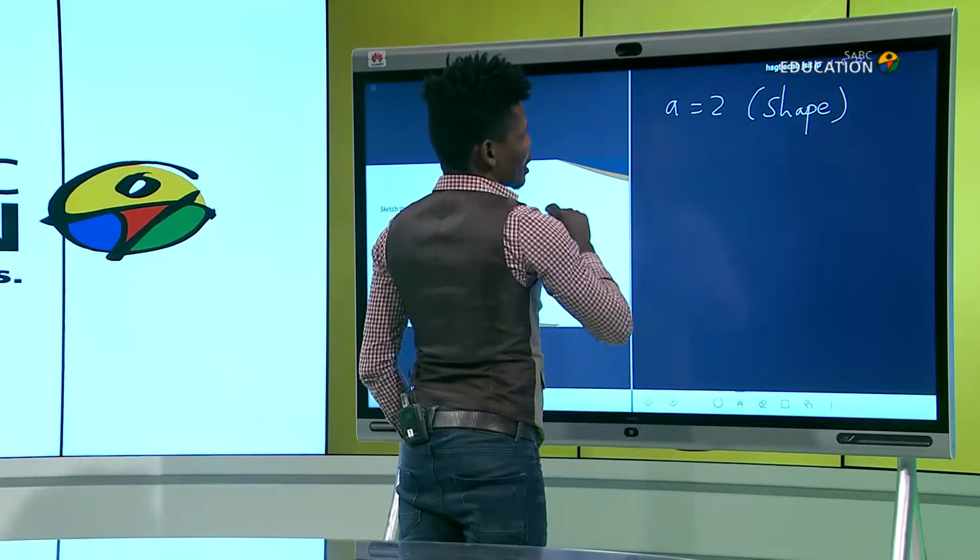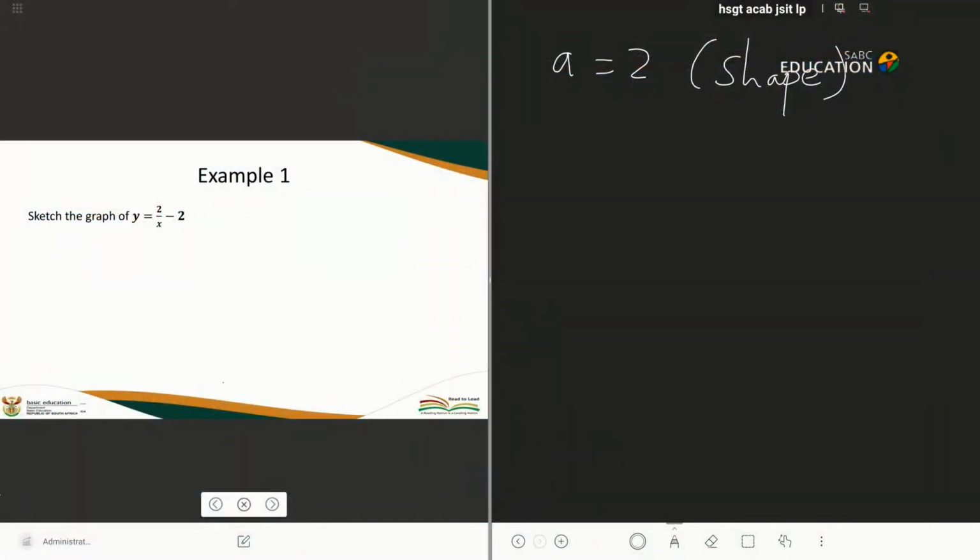Okay, so A is positive, so we know that we are going to have a decreasing function. So we're going to have a graph that looks something like that. All right, so we also know our Q. Q is negative 2. So it means that our horizontal asymptote is going to be what? Y equal Q, and our Q is negative 2, so y equal negative 2 will be our